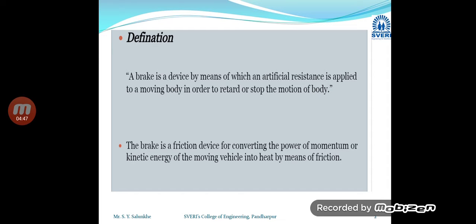Now the friction part is not for us, it is not in our syllabus, so we are going to concentrate on the braking system. Only consider that the principle of friction is used in the braking system, and I have explained that principle in brief: what the frictional force is and how it works.